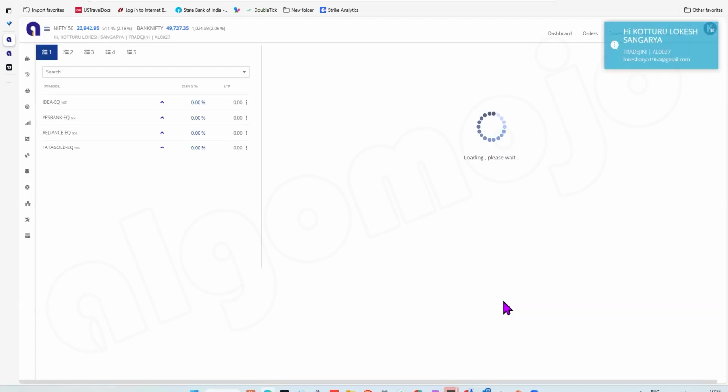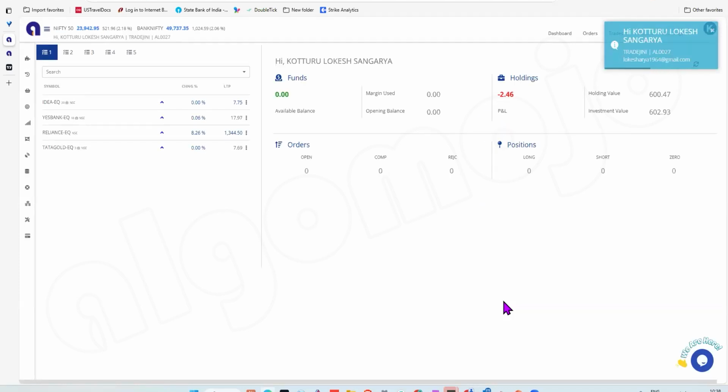So once you log in, the rest of the details are the same for all the brokers, irrespective of whichever demat account you have. The interface is the same. The default interface will give you a summary of all your funds and holdings and positions which you would normally have. There's also a facility for adding watch list. So you can put in your stocks and trade from here directly. You need not have to have multiple websites or apps open. You can do all your